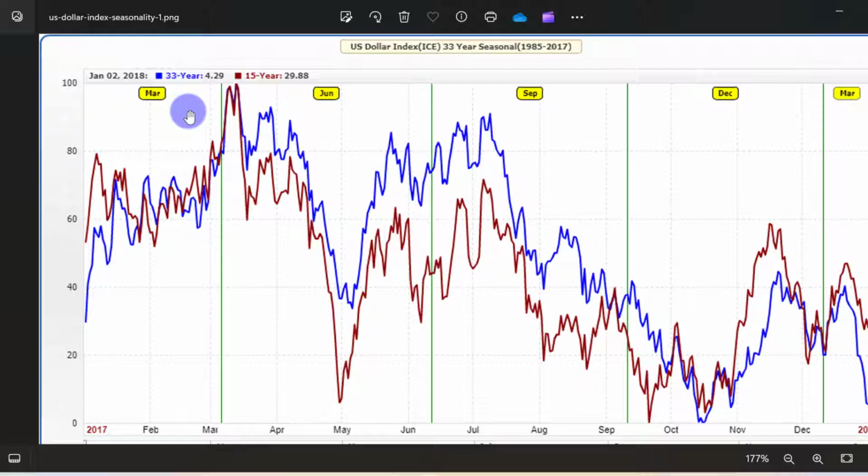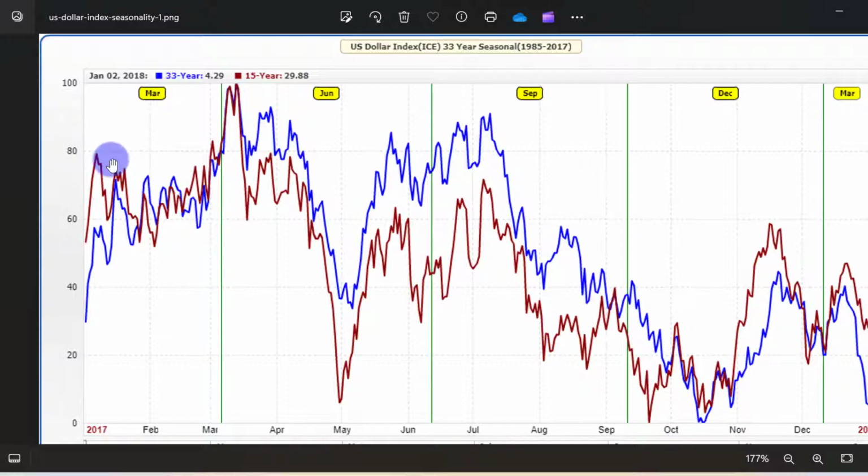The seasonal tendency for the dollar, or for most assets, is actually grouped into four. We have four contracts for seasonal tendencies. We have the March contract, like you can see here, and the March contract is usually January, February, and March. The months of January, February, and March, we classify as the March contract. Then we have the June contract, which is April, May, and June. You can see 3 months. After 3 months, we have the September contract and we have the December contract. So it's four contracts all throughout the year, each year.